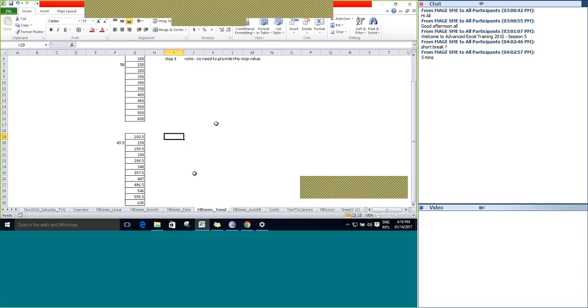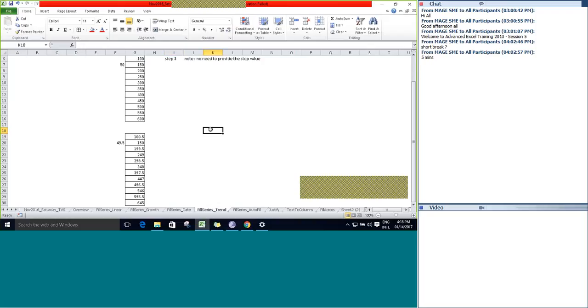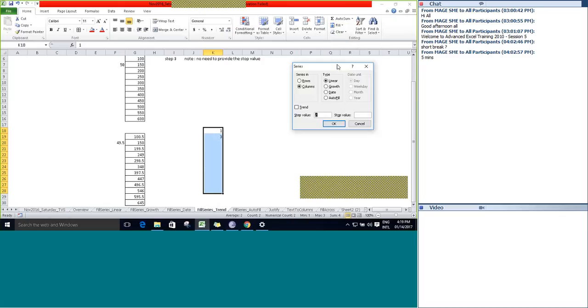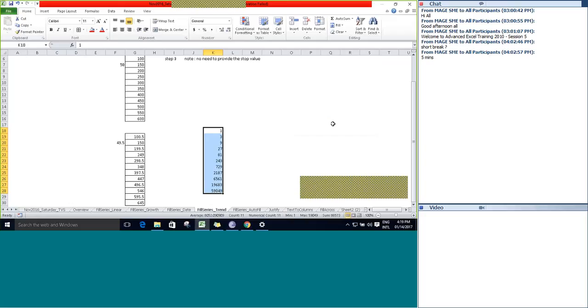Go to fill series trend. Let's provide the value here. Fill series, click on a trend. Instead of linear, let's go with growth. So the step value is going to be 2. Let's see how it works. Click OK.